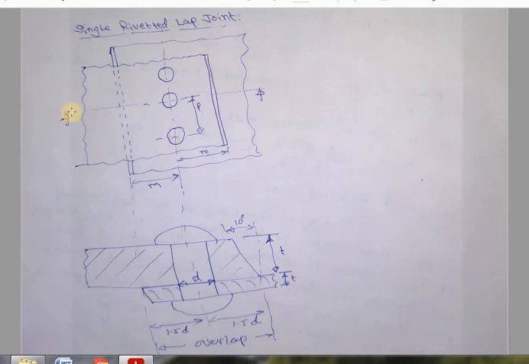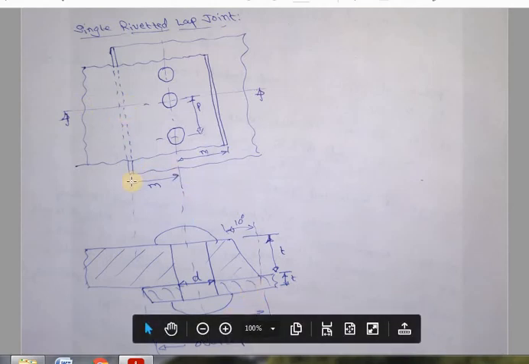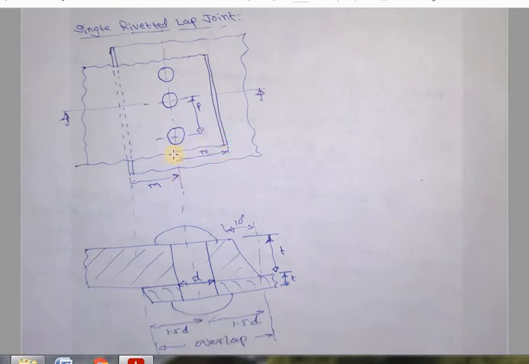This is going to be the margin M, which is the distance from this edge of the plate to the first row, and from this edge of the plate to the first row. This becomes the first row for the bottom edge of the plate as well as the top edge of the plate. So this should be a margin of 1.5D, this should be a margin of 1.5D. This is the pitch P, the distance between the center of this rivet and the center of this rivet. So those are the terms we are going to have.